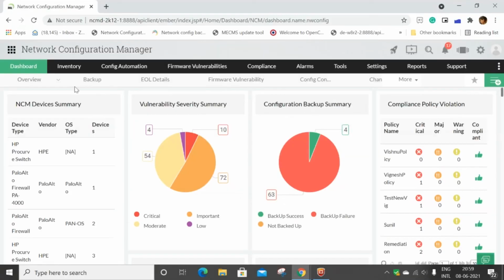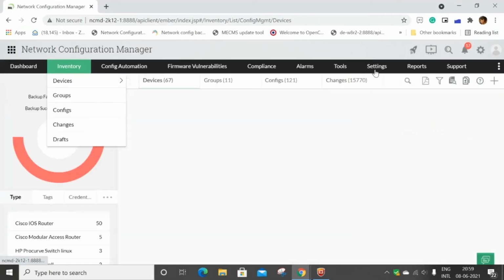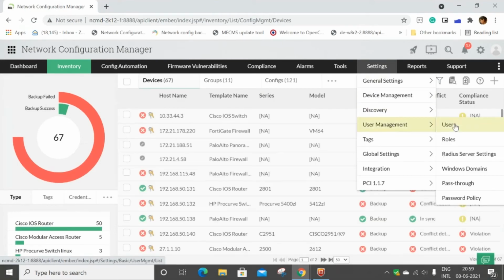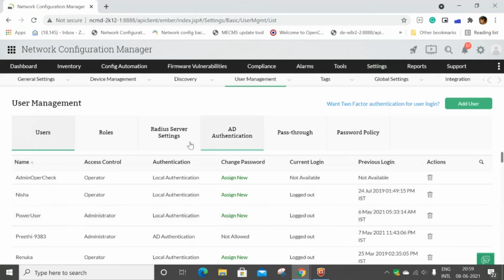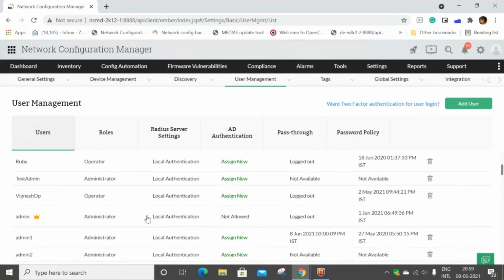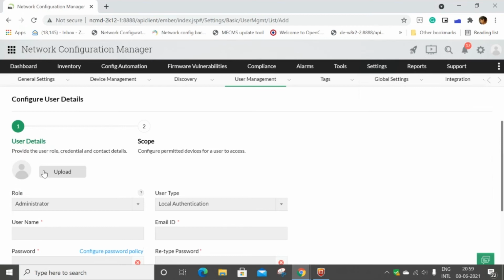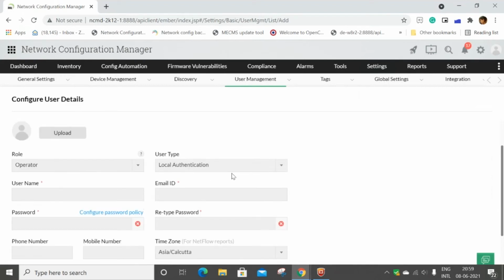So go to settings, click on user management, click on users. Here you can see all the users who will be present in your network environment. So I'm going to create a special password and everything for a new user I'm going to be adding now. So you can provide a photo. So I'm going to make him an operator using the user type as local authentication. I'm going to provide a username,